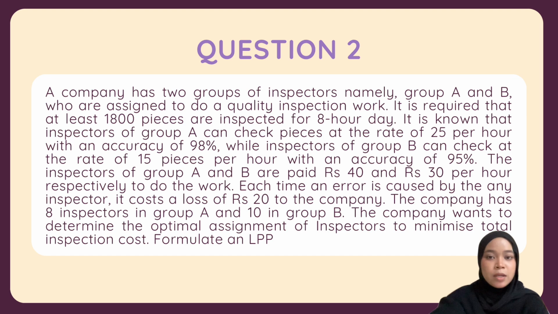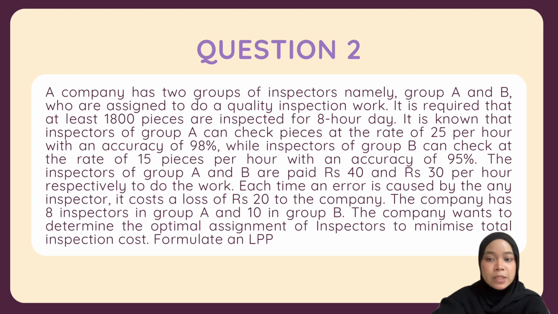Okay, so I'll present the second question. A company has two groups of inspectors, namely Group A and Group B, who are assigned to do quality inspection work. It is required that at least 1,800 pieces are inspected for 8 hours per day. Inspectors of Group A can check pieces at a rate of 25 per hour with an accuracy of 98%, while inspectors of Group B can check at a rate of 15 pieces per hour with an